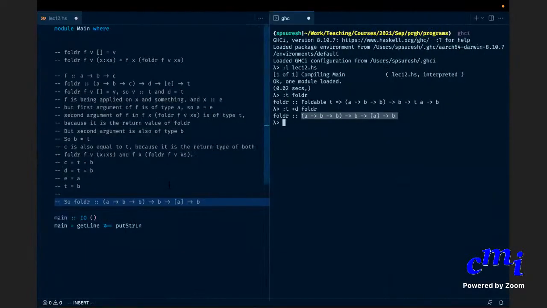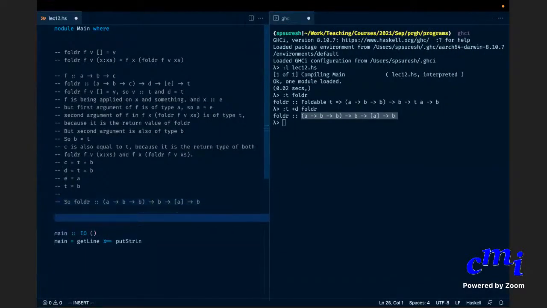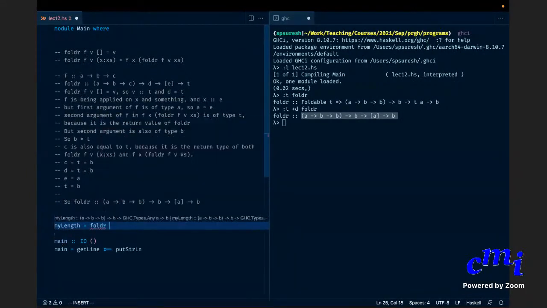Let me say my length equals foldr f 0. 0 is the initial value, right? Because the length of an empty list is 0. What is the f? f should somehow combine the previous value with something. It will not combine the previous value with the current element.